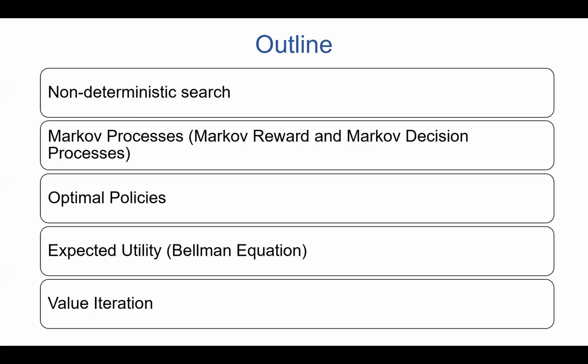We won't have the plans anymore. What we will have is a policy, a recommendation basically for the agent or the program. Like, if you are in a certain state, take this action that the program believes will provide the maximum expected utility. So that's actually a policy. So no solid plan, because we're not sure about the environment, but we have the policy, a kind of recommendation at every step. So we will talk about that quite a bit.